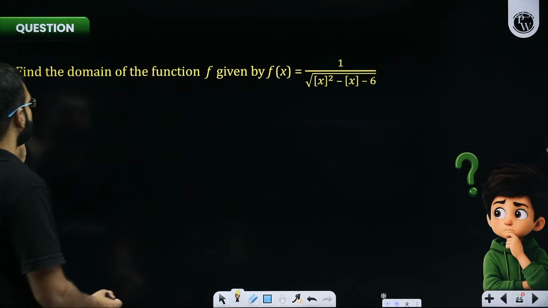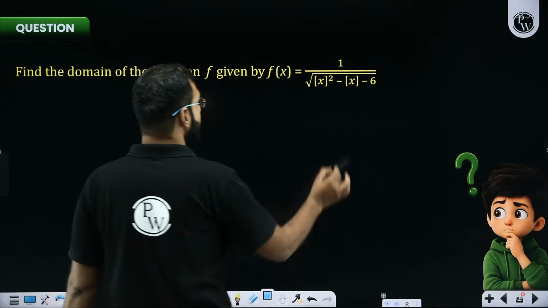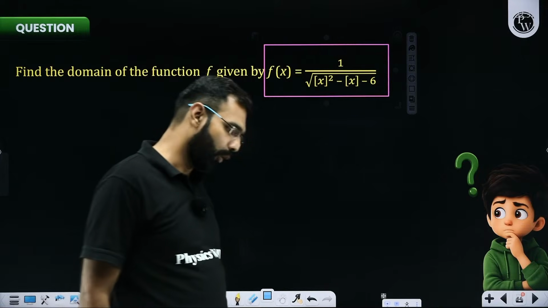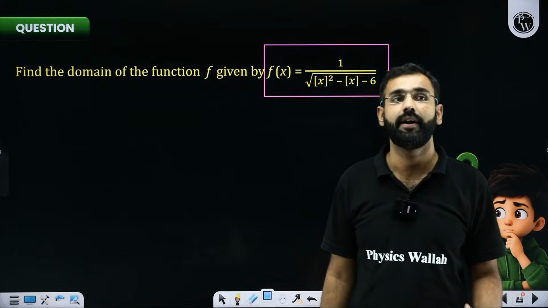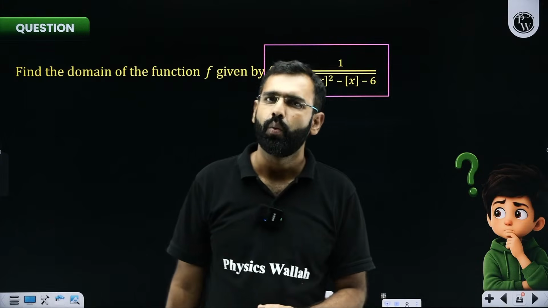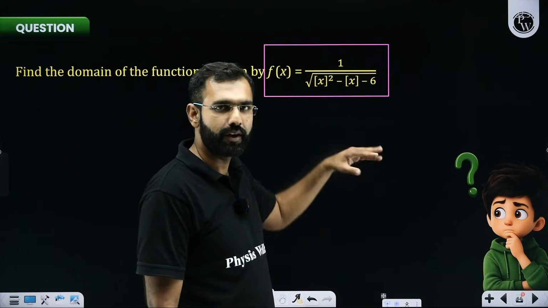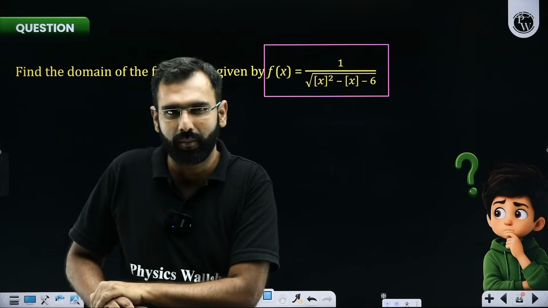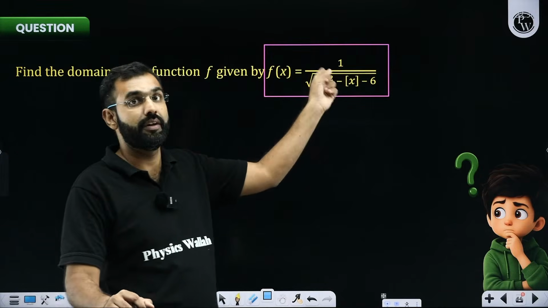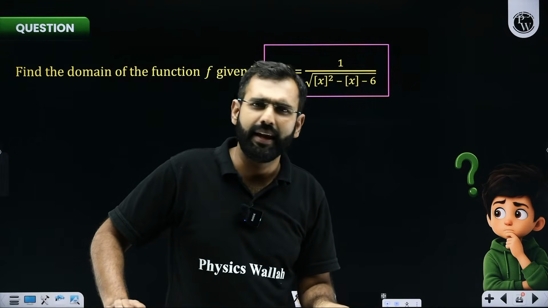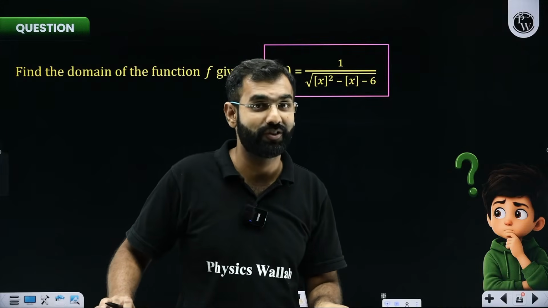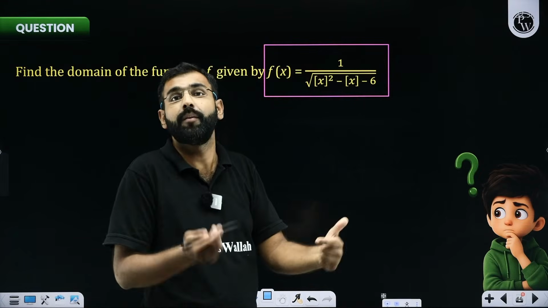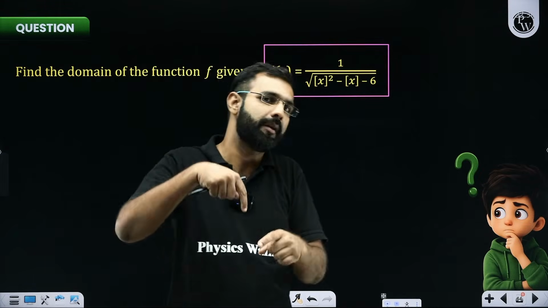So if this function's domain is asked, I know one thing, sir, that this function has something in the denominator. So first of all, whatever it is, I want to know that the denominator is never 0. Yes or no? Whenever there is a rational expression, something upon something, we avoid keeping the denominator as 0. Sir, there is one more problem. What problem? Sir, the denominator has an expression inside an under root sign, and anything inside the under root sign has to be non-negative. Can it be 0? No, because if the expression inside the under root becomes 0, under root of 0 becomes 0, which means the denominator becomes 0.